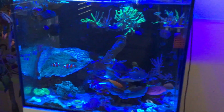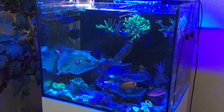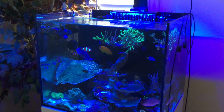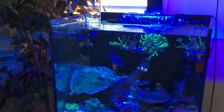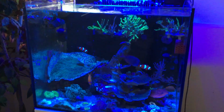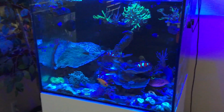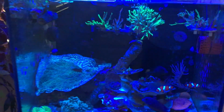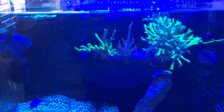Basically I'm waiting on a 25-gallon Mini Clear, and I'm planning on adding it to the 60. So I'll have hopefully about 87 gallons of water volume. I definitely need the additional water volume. And if you guys can see this coral right here,